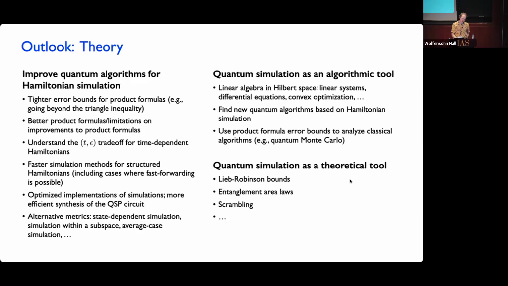And I think it would be great to think more about ways to use some of these ideas from Hamiltonian simulation to reason about physics. I mentioned the instance where we were able to prove better Lieb-Robinson bounds by thinking about the structure of a quantum simulation algorithm. I think there may be other areas in physics where thinking about the decomposition of the evolution operator that you get from these Hamiltonian simulation algorithms could potentially be useful. I think that would be a really interesting thing to explore.